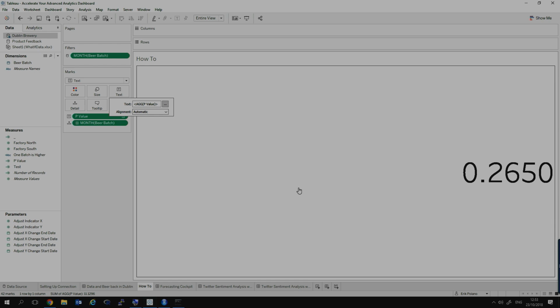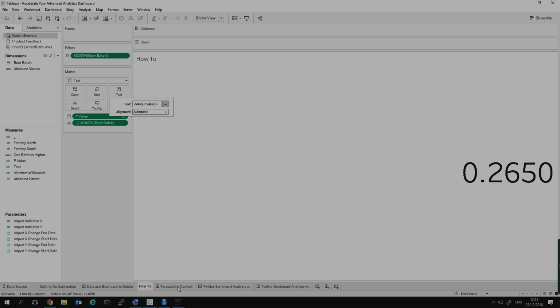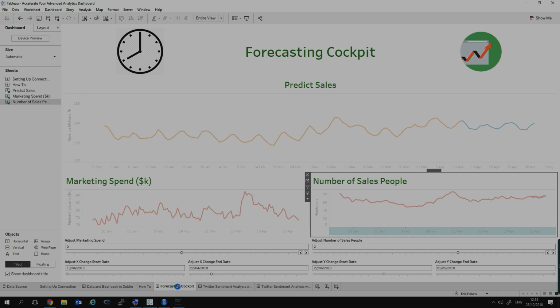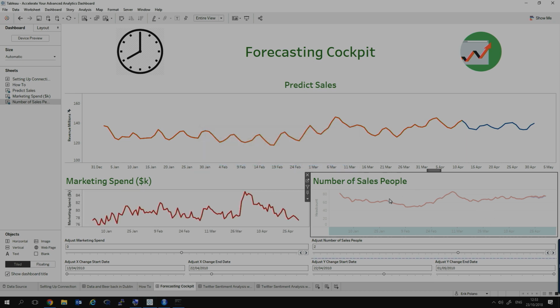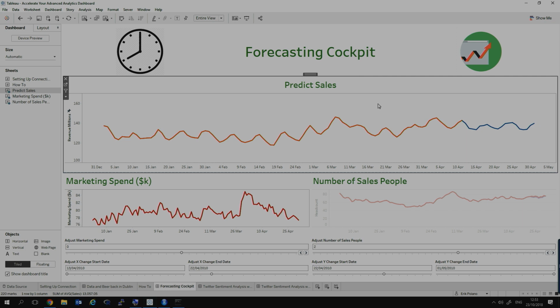But what about if we want to push this further into different directions? So just as a further example, let's switch back here into our forecasting cockpit, where we're using different types of forecasting methods to be able to look at, for instance, what our sales are dependent upon our marketing spend and our number of salespeople.